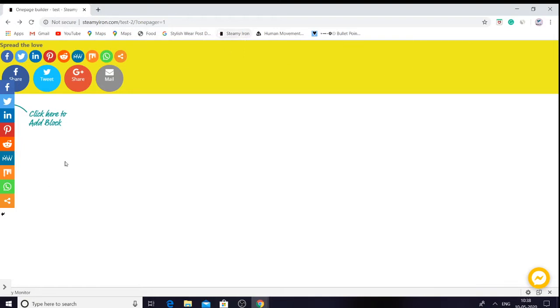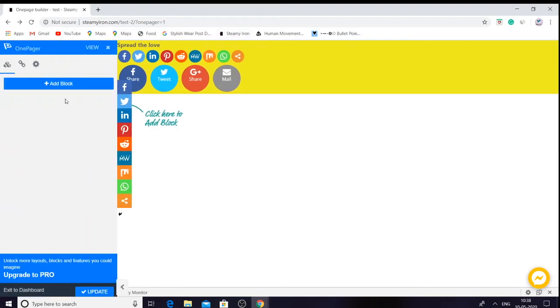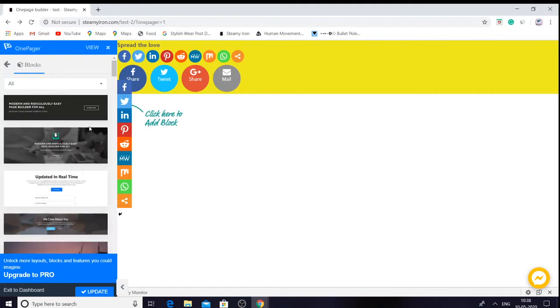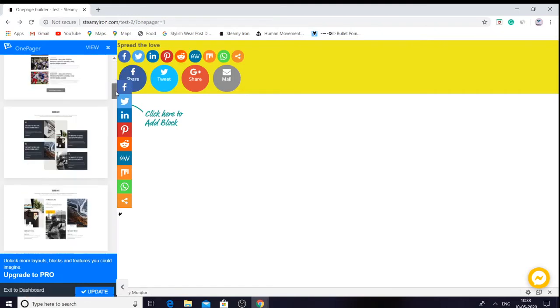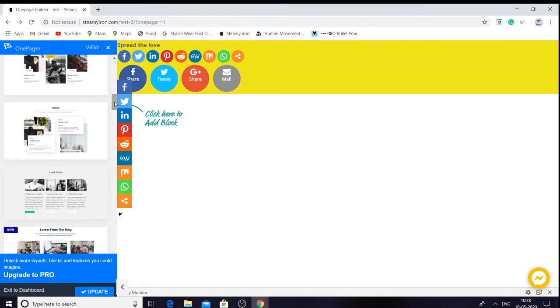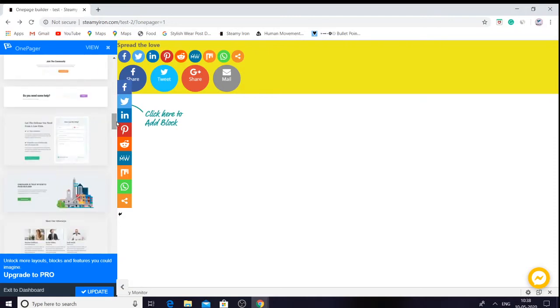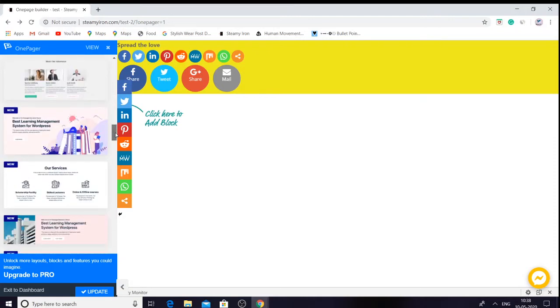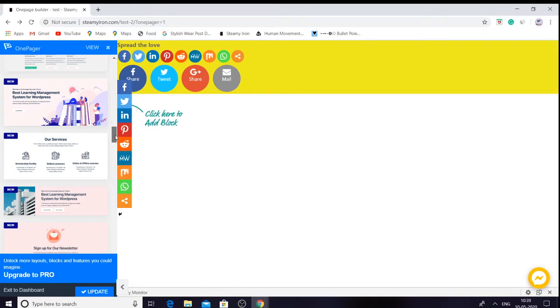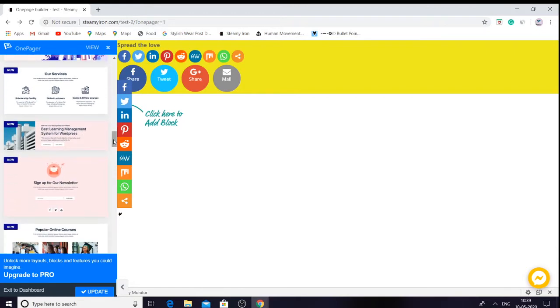All the data we had is now absent. So now add block, and we will add the blocks according to our need.